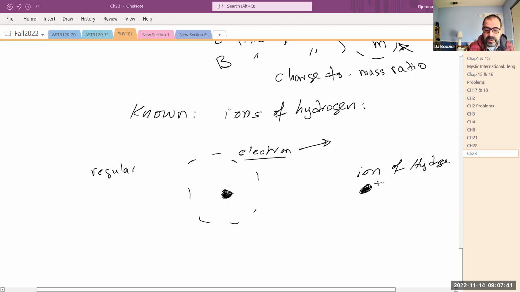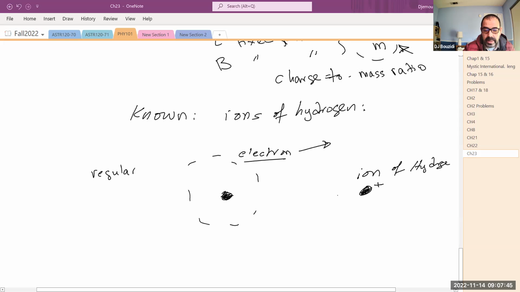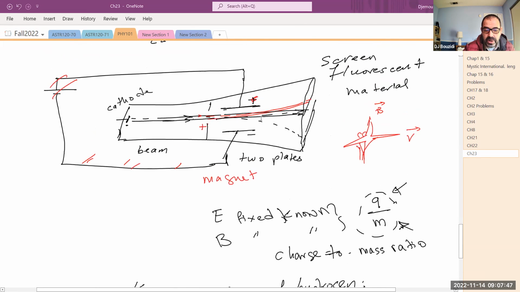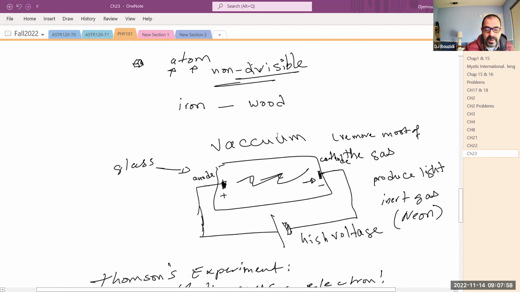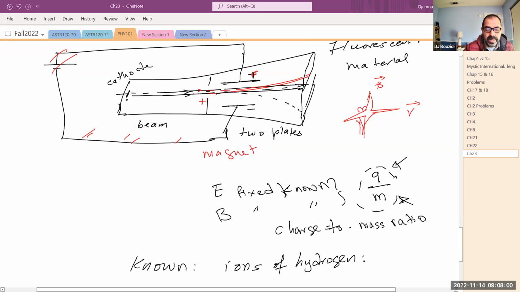Obviously, it's positively charged. That's what we know today, actually. So if you do the same experiment, but instead of putting in here a beam that is made up of these cathodic rays that were formed in these chambers that I was describing earlier, vacuum generated, it's going to bend in the opposite direction. So wherever the electrons bend in, it's going to bend in the opposite direction, and it's going to bend because